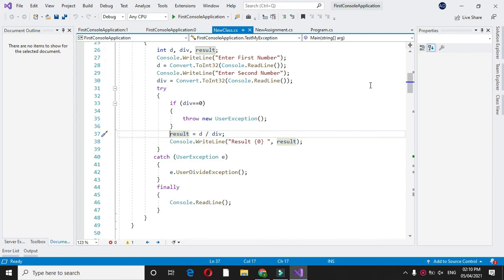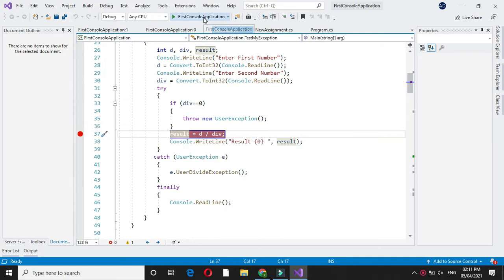Here we will see how tracing is done. First is breakpoint. To give a breakpoint, click in the margin. A red circle appears which shows there is a breakpoint. So while executing the code, it will stop here.